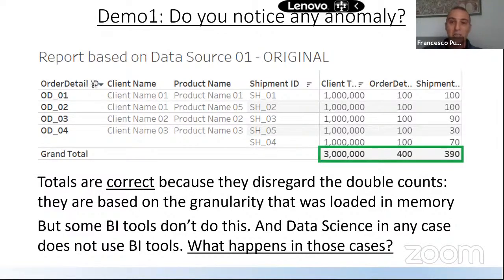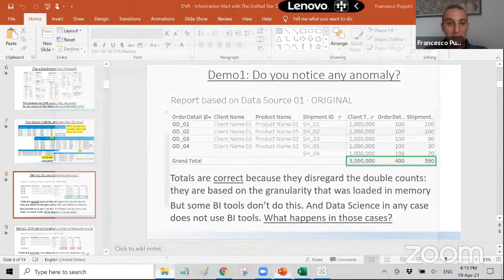So this magic that you see here, that the numbers are repeated, but the total is still correct, this magic, you will not observe it in a machine learning data model. Because the machine learning data model, at the end, it will be one table. So the point that I'm making in the book is that denormalization is good, probably. But when you are denormalizing some tables in a way that they produce duplicates, sometimes you may have troubles.